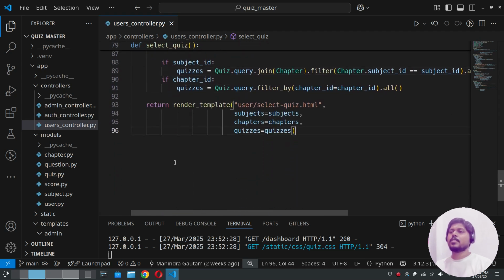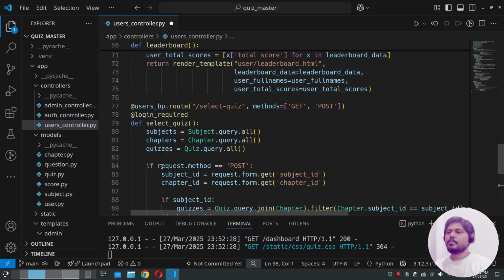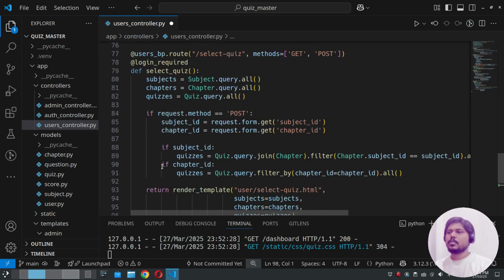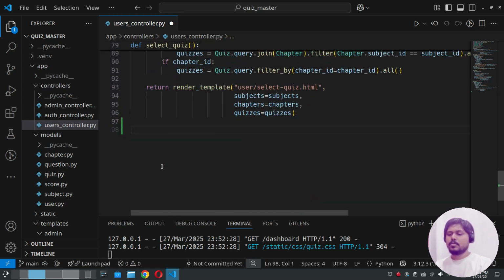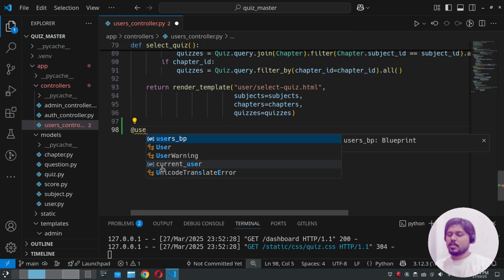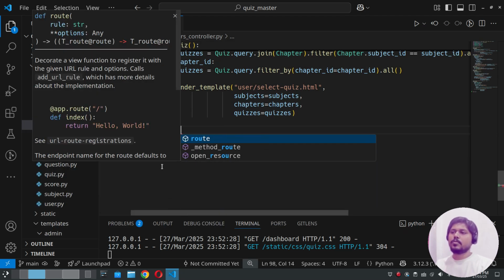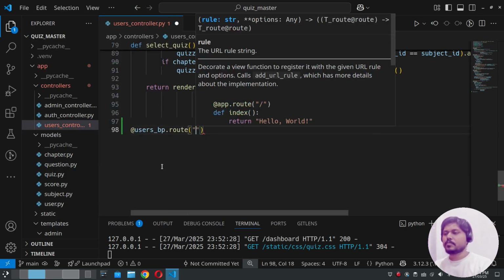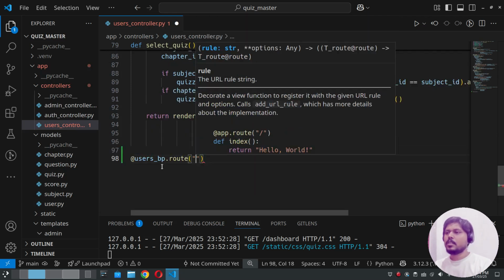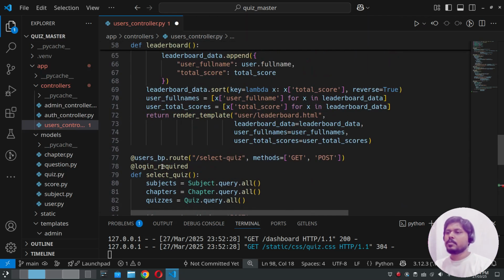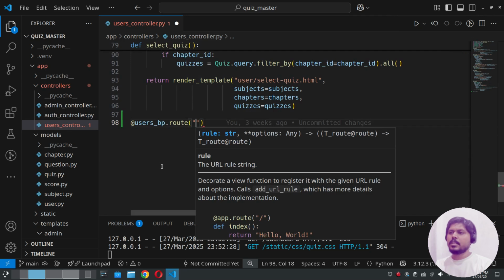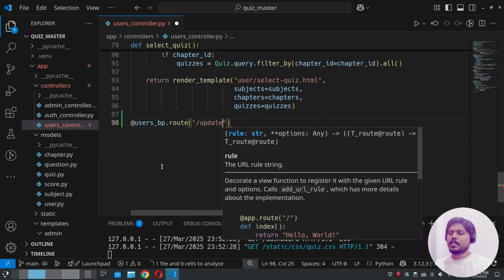Now we want another for updating the profile. Inside the users blueprint, the route will be for the update profile. What route can we use? The select update profile, that will be fine. Update profile,